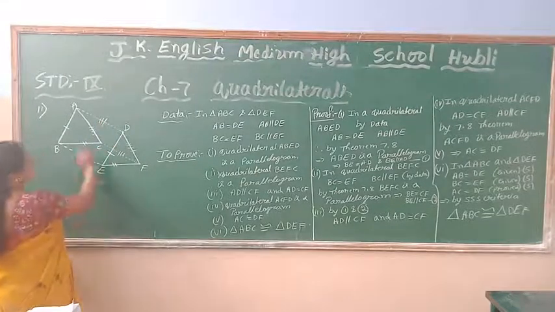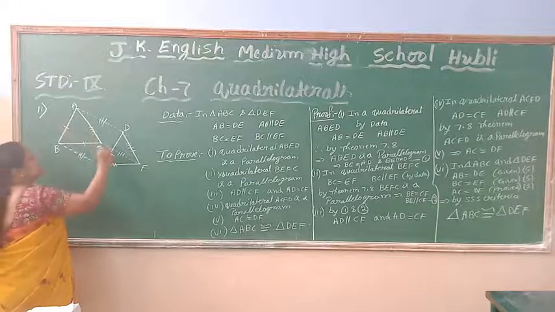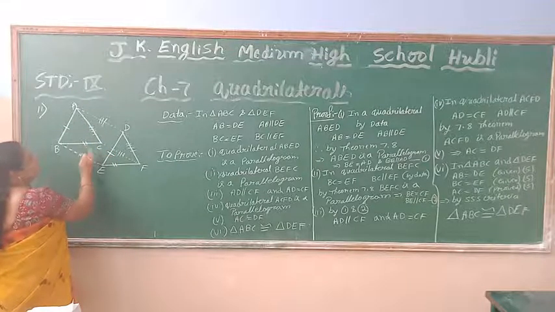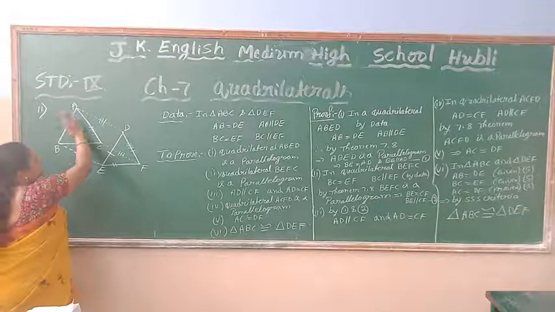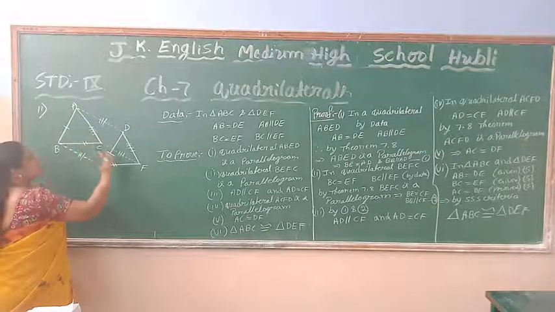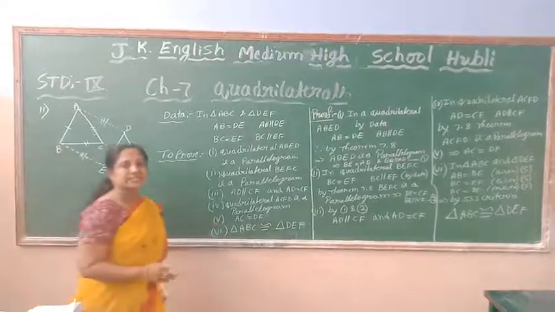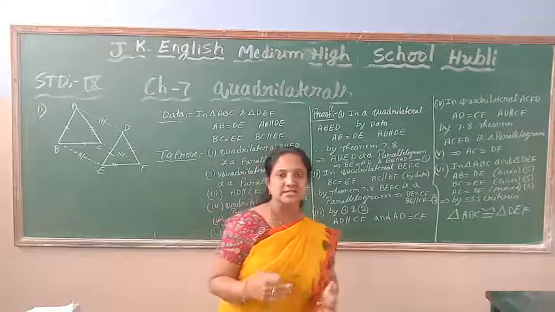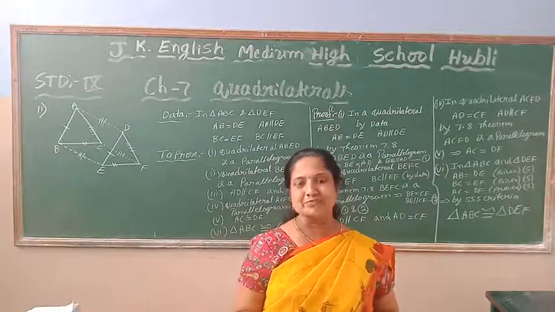So now what we proved is that this corresponding side is equal to this one, and this is equal to this, and this is equal to this. So finally I have proved this triangle is congruent to this triangle. The corresponding three sides of one triangle are equal to the corresponding sides of another triangle. So by SSS criteria, that is side criteria, both the triangles are congruent. In this manner, we have to prove it.